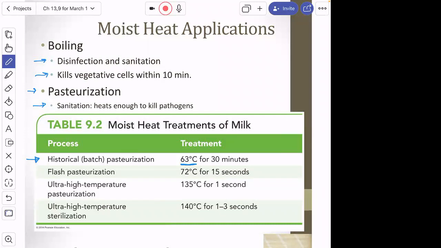started pasteurizing milk. And of course, that name pasteurization, named for Louis Pasteur when he used it to control the spoilage of wine. Grape juice. So he would heat up the grape juice to kill the bacteria, add the yeast. The yeast would ferment the grape juice into wine. So historically, this was kind of a long process, 30 minutes, but